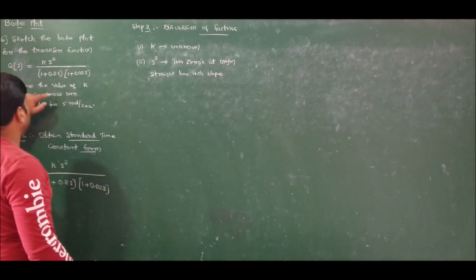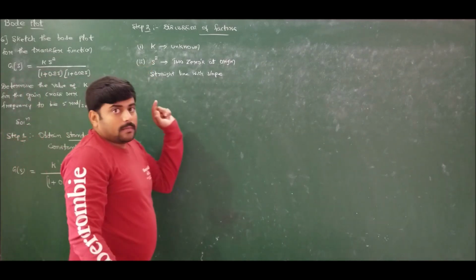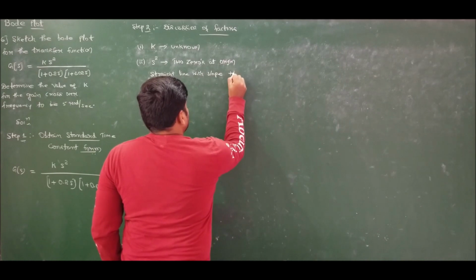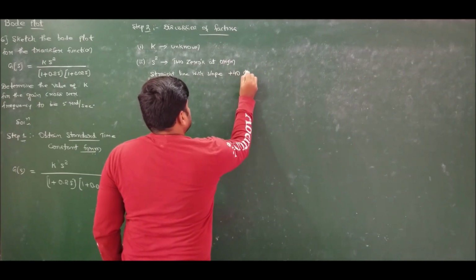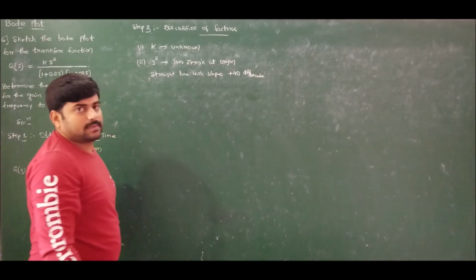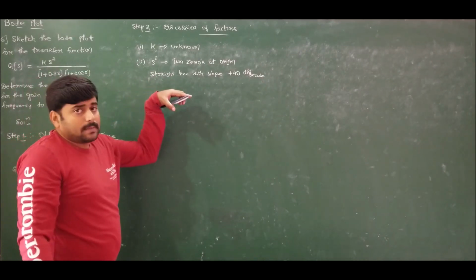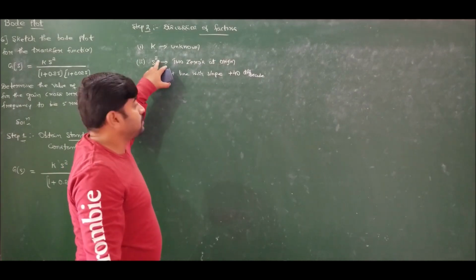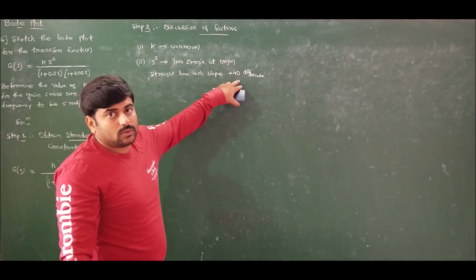Here the value of m is 2. So therefore, plus 20 into 2 is plus 40. The slope will be plus 40 decibels per decade. The general formula is plus 20 into m, where m is the power of s. Here the power of s is 2. So plus 20 into 2 is plus 40,